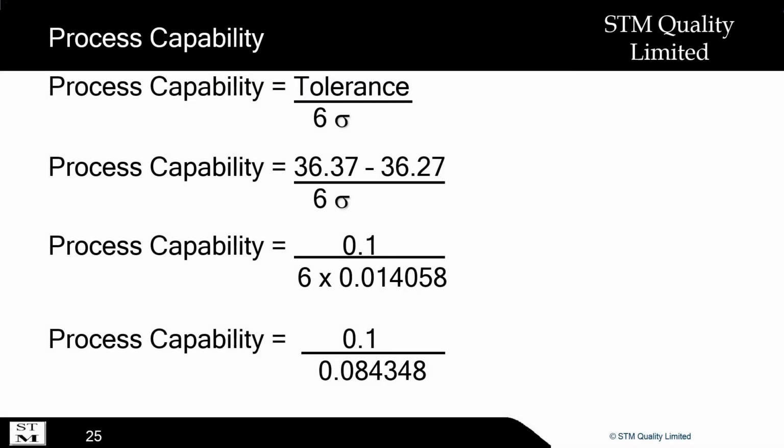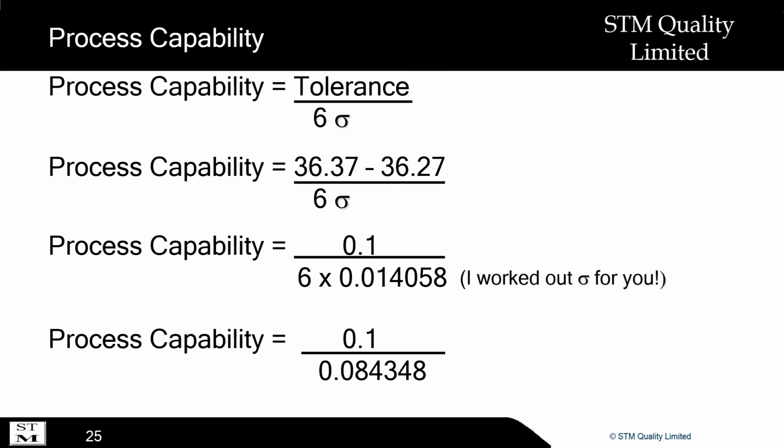Process capability is equal to the tolerance divided by 6 standard deviations. So our process capability is equal to 36.37 minus 36.27, which was our top and bottom tolerance for our bore diameter, divided by 6 standard deviations. So our process capability is equal to 0.1 divided by 6 times